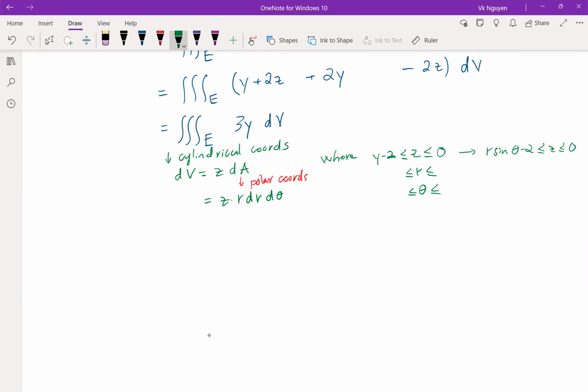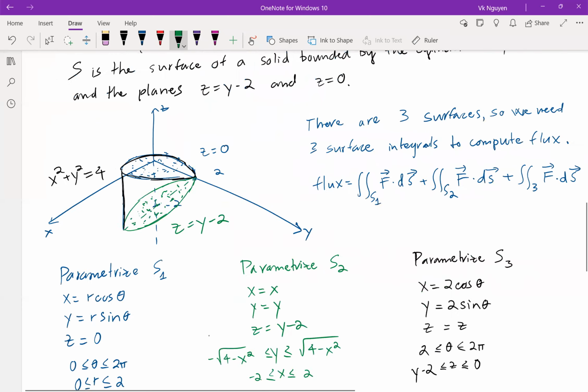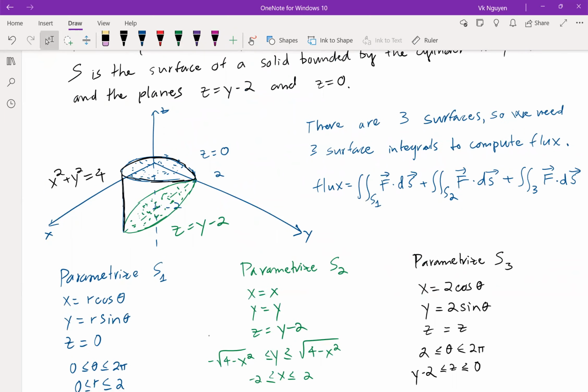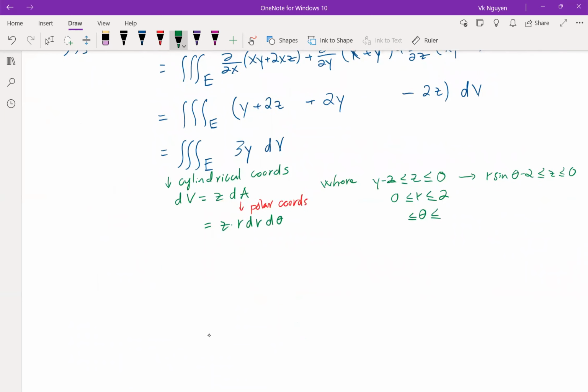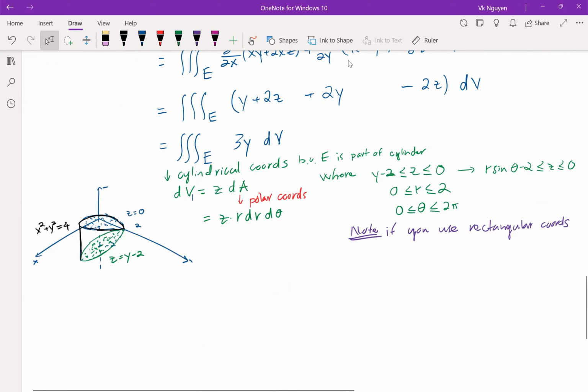And then the radius here is, well, you push everything onto the xy plane, you see that the radius is 0 to 2, and then the angle is the full circle, so the angle is everywhere, 0 to 2 pi. So if you use rectangular coordinates, dz, dy, dx, I just want to project the solid onto the xy plane, and this is the projection of